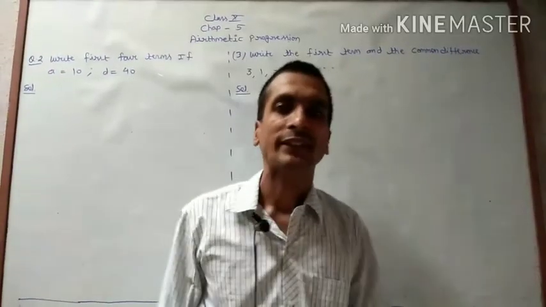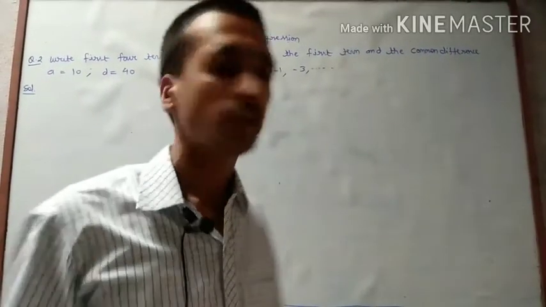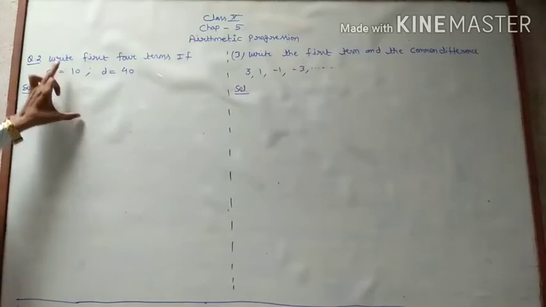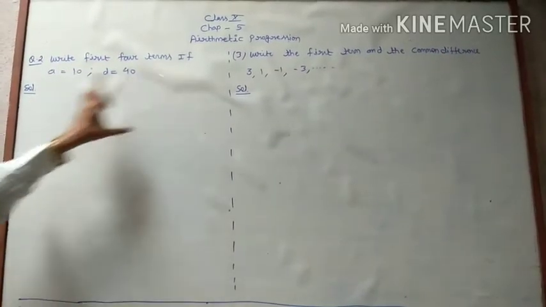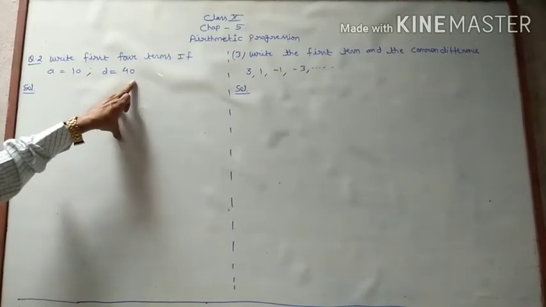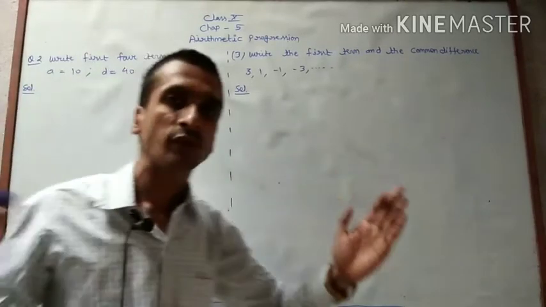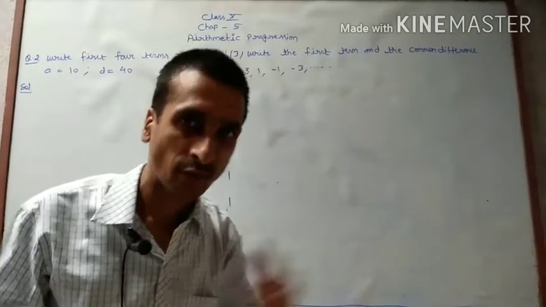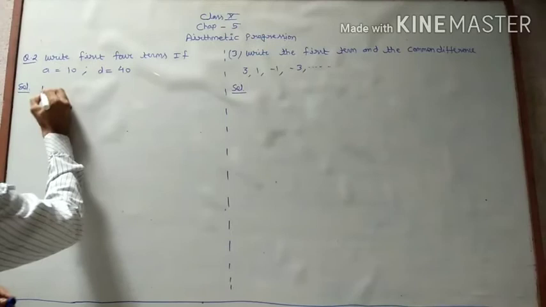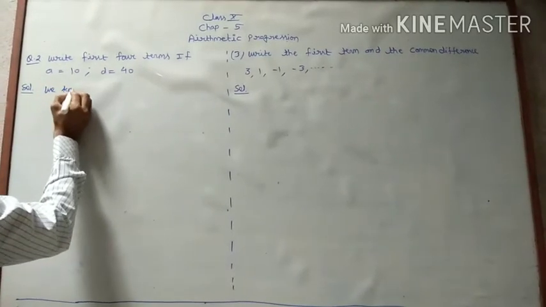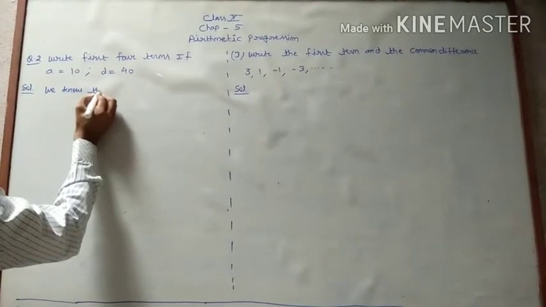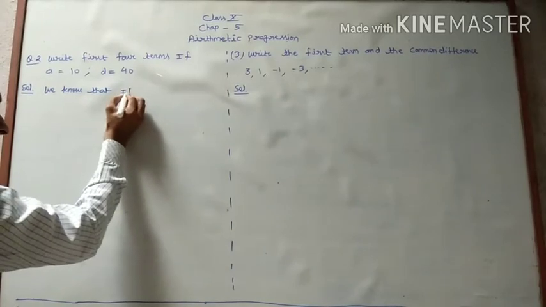Okay, exercise 5.1 and question number first. What is written here? Write the first 4 terms if A equal to 10 and D equal to 40. हमको नेक्स्ट 4 टर्म फाइंड आउट करना है. सो हम कैसे कर सकते हैं? We know that here it is written, we know that if the first